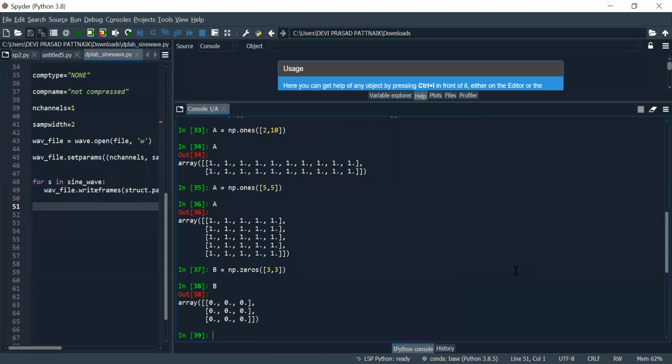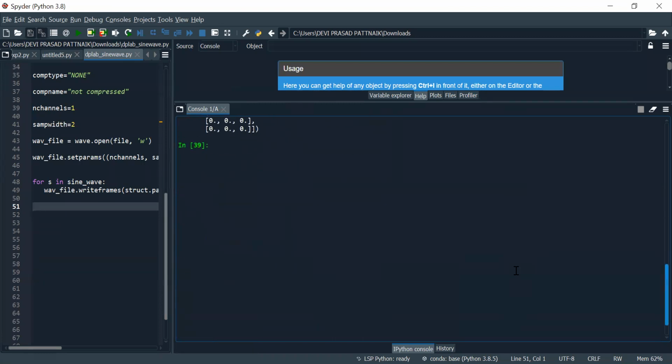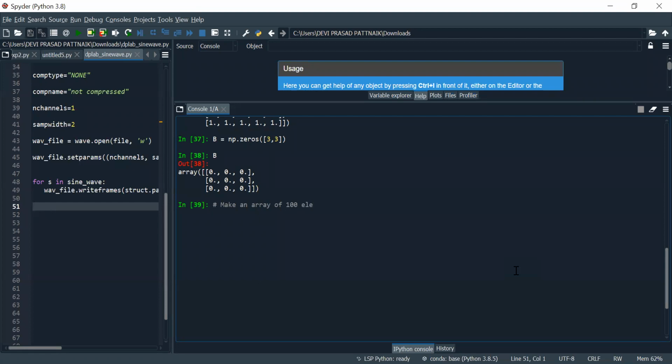You can see. If at all you would like to make an array which consists of 100 elements and all 100 elements should be 0, then what will we write? We will write, make an array of 100 elements and all elements should be 0.